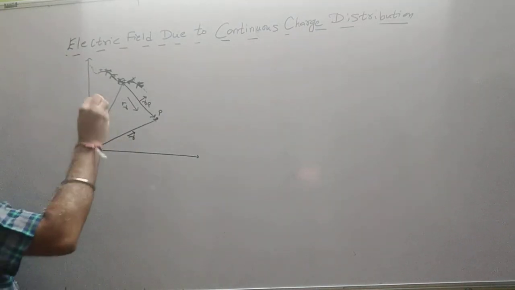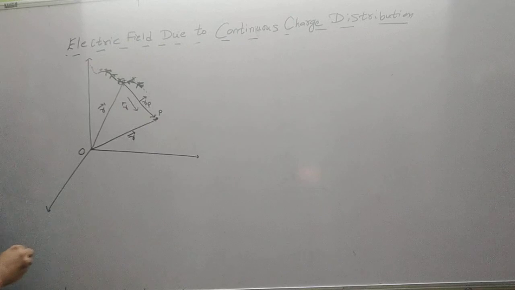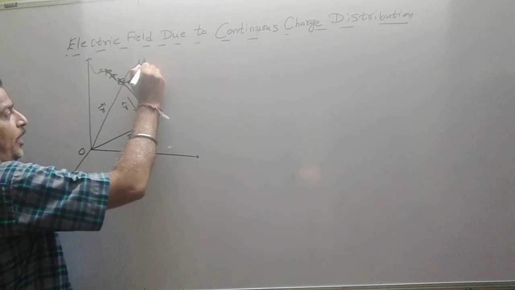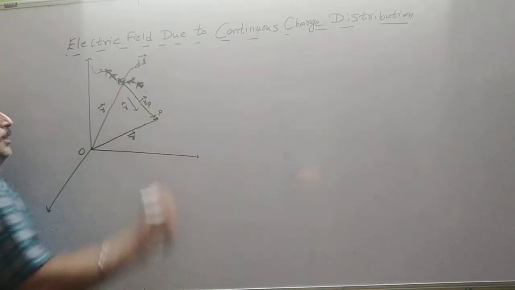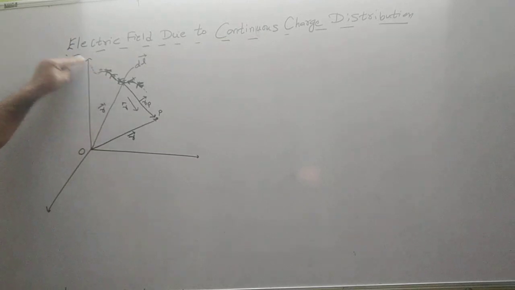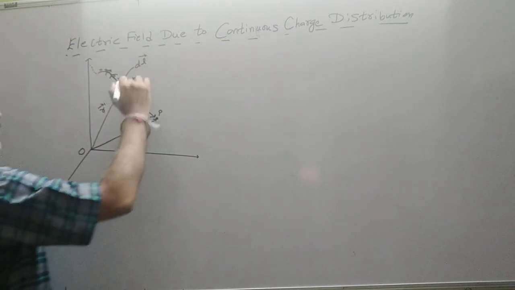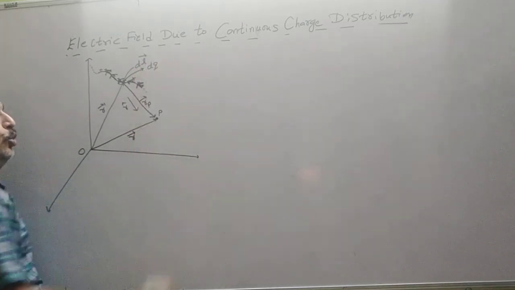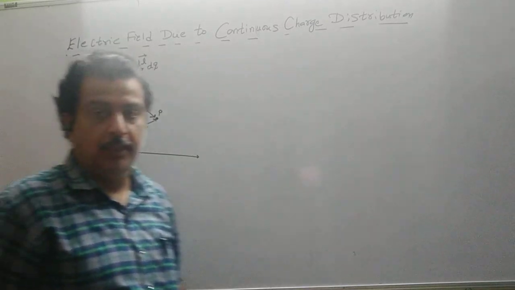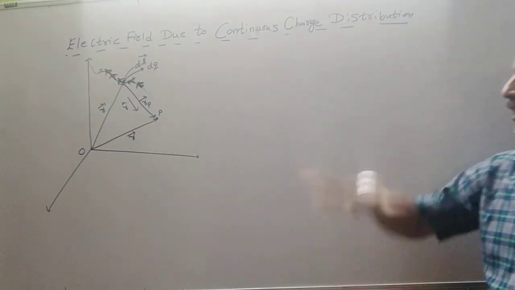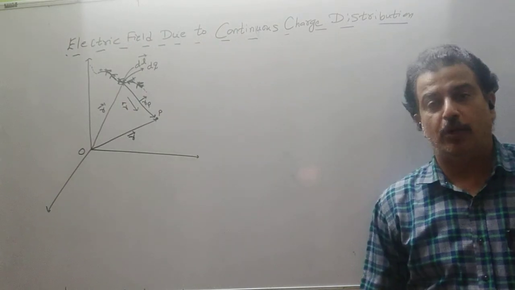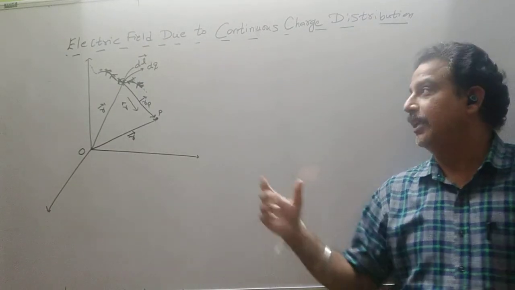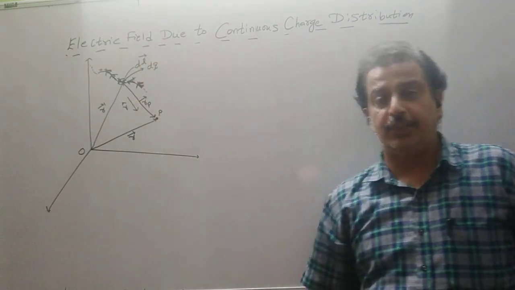First, the entire shape or the given distribution is divided into small elements. This element is called line element, denoted by dl vector, because the direction of each element will keep on changing. So dl vector, let the amount of charge on it be dq, which again keeps on changing. So the first step is to divide the distribution into small parts and name them. Here it is a linear charge distribution. We name it a line element dl having a charge dq.